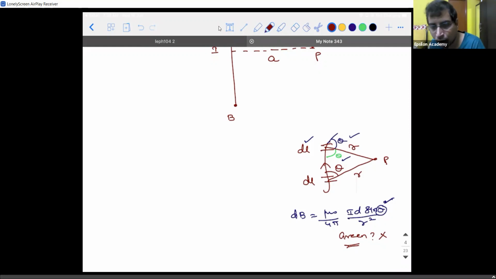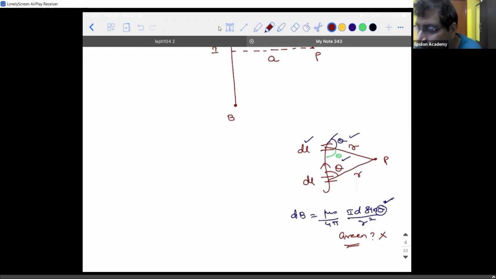No. Whenever you take that sine theta, the current carrying element is like this, r is like this. You should always take the direction from the current carrying element towards r. So this is the direction of I dl, and towards r is something like this. So I should take the angle which is clockwise, that is the angle which is above. I need to take the blue color one. Guys, are you able to understand?